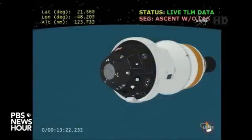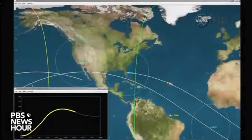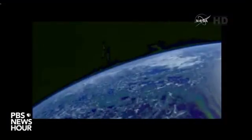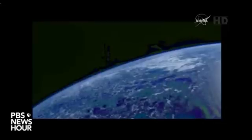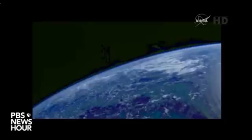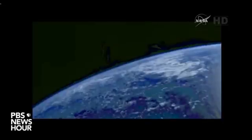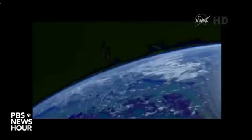13.5 minutes into the flight, Orion in the upper stage of the Delta IV now traveling 16,000 miles an hour, more than 2,100 miles downrange from the Cape Canaveral Air Force Station. Very quiet here in the flight control room. All the flight controllers belonging to the flight operations team under the direction of Flight Director Mike Serafin, enjoying the view from Orion's cameras, this first ever view from America's newest spacecraft as it continues its climb towards its preliminary